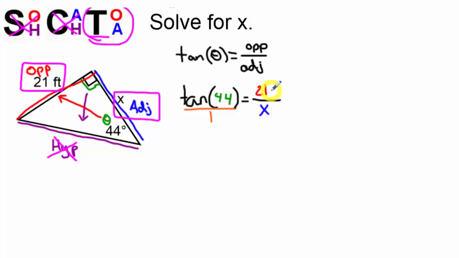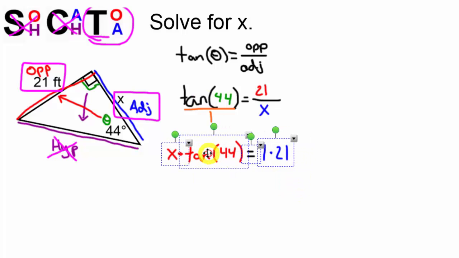The first diagonal that we're going to use is tangent times x. I'm actually going to write it with the x first. So x times tangent. That was sloppy. Let me try that again. And then we have our equal sign. And that's going to be equal to the other diagonal, which is 1 times 21. All right, so this has successfully gotten rid of the fractions, but you may have noticed that